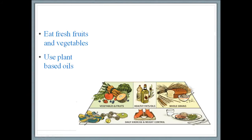Next up are plant-based oils. Plant-based oils are an excellent source of good or unsaturated fat. These oils include olive, canola, soy, corn, sunflower, and peanut oils. The recommendation is that we use plant-based unsaturated oils for our cooking needs and completely eliminate the use of saturated